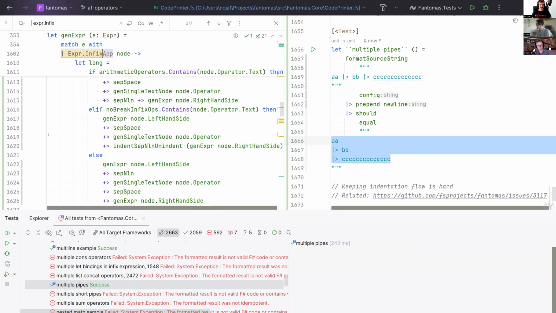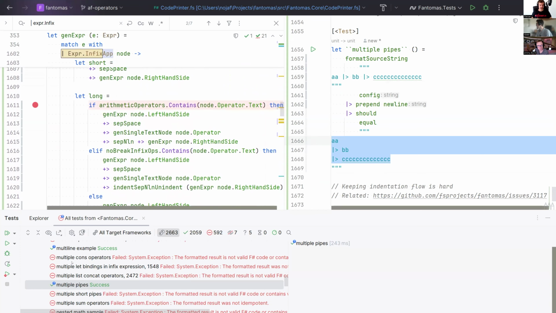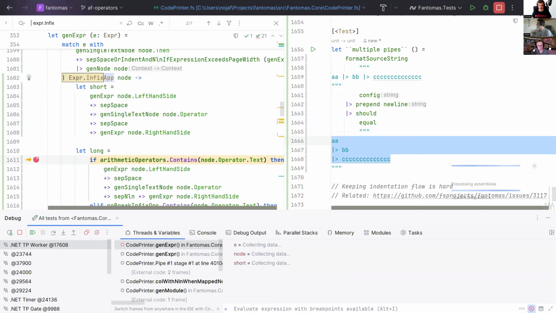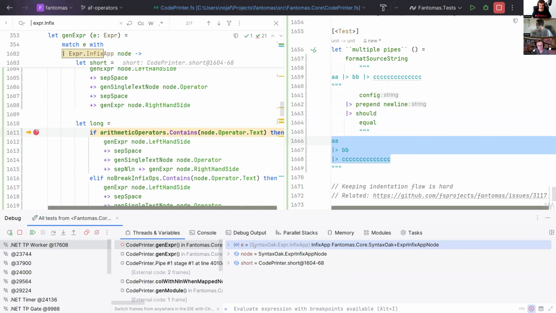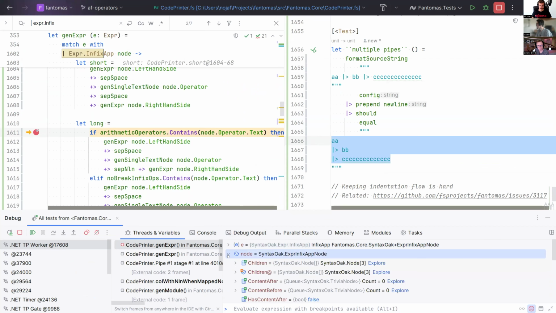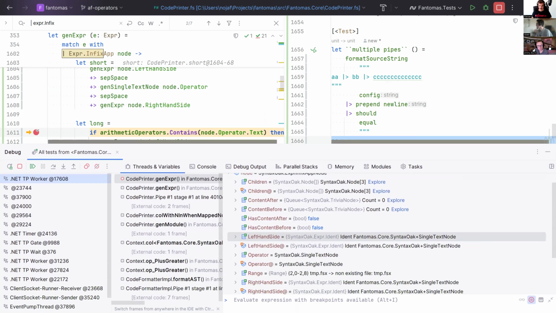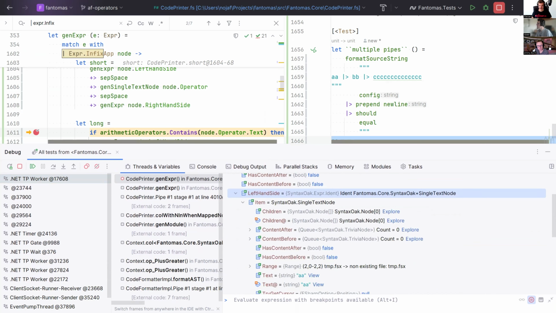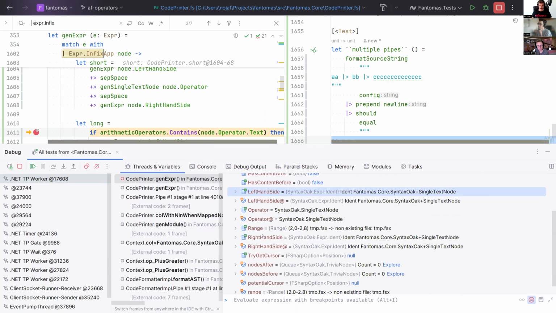Because right now, if I put a breakpoint here and do it like that, we're going to see that the node over here has the left-hand side, and that seems to be just an item. So this is probably going to be A. Yep, this is A. But then the right-hand side is again